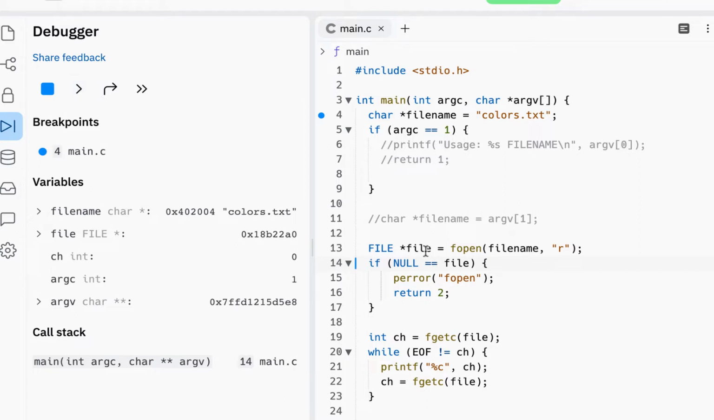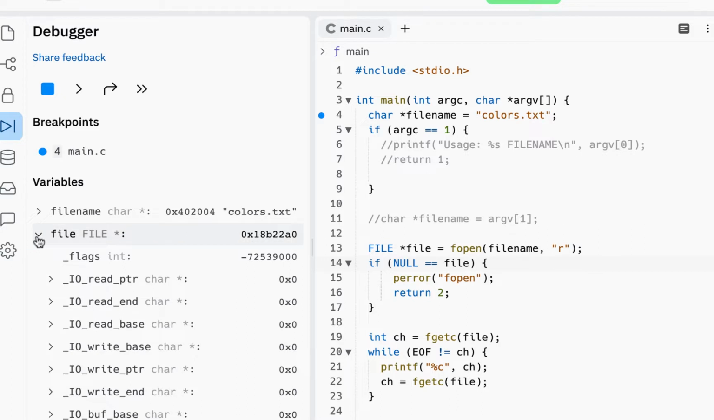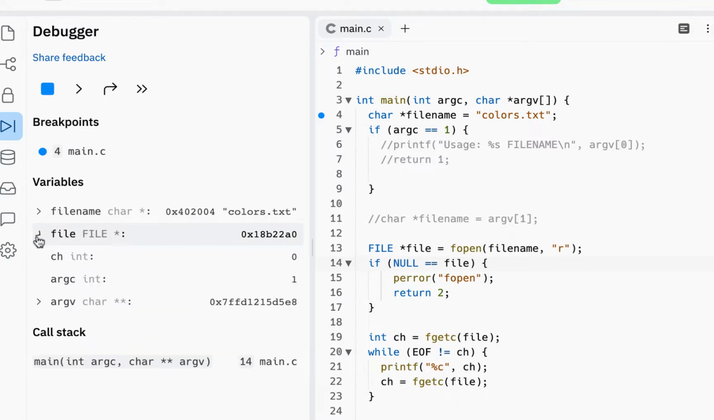Step over, step over, step over. And notice right here, to open it, we see the value of file. Notice it does have a value right here. You can actually expand it and look at all the information that's under there. And then we can do a step,